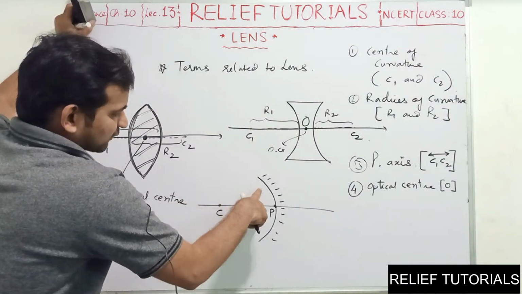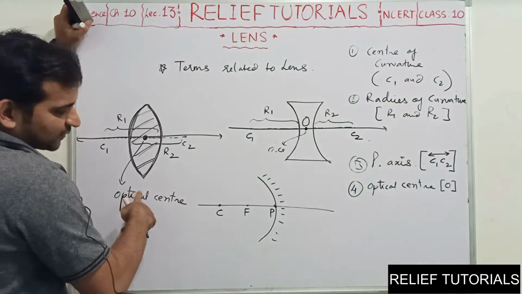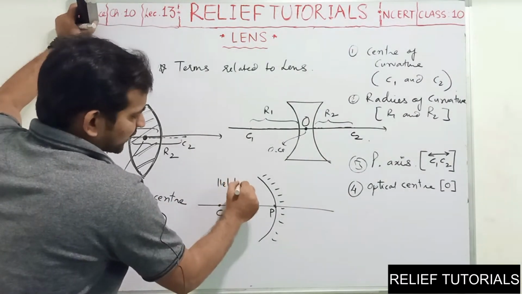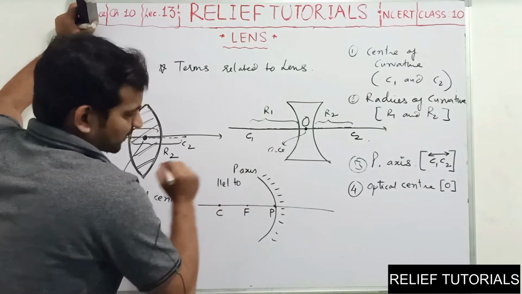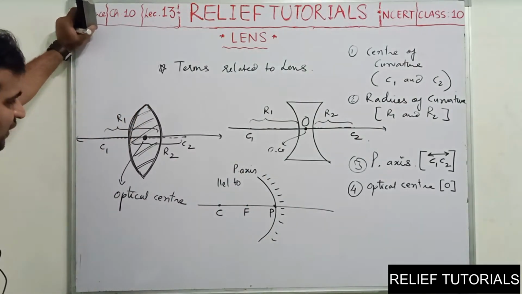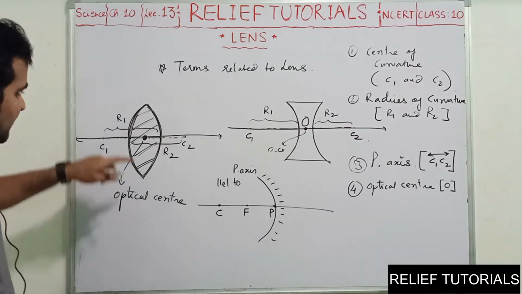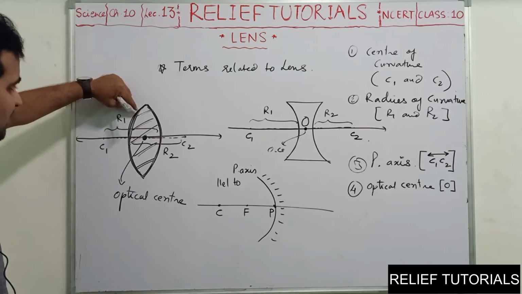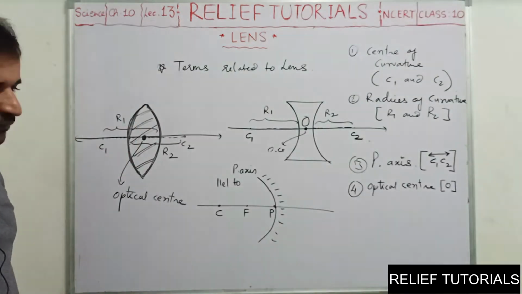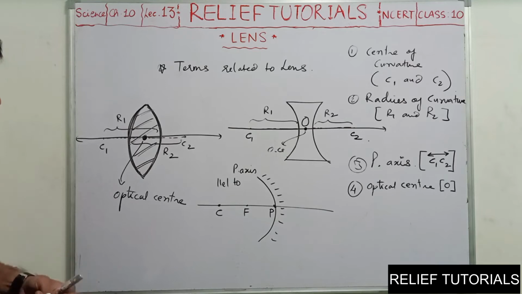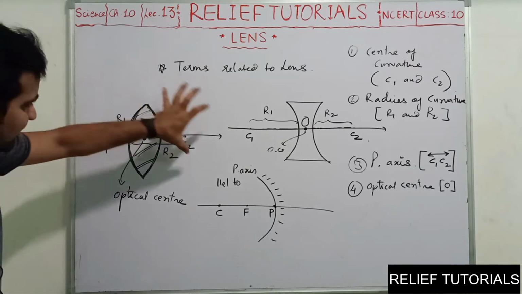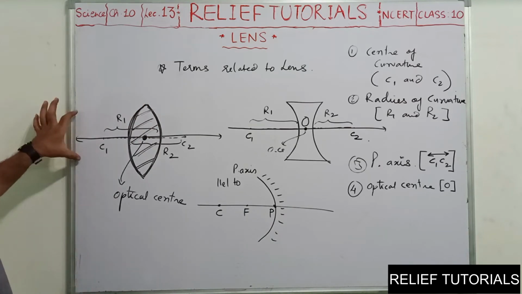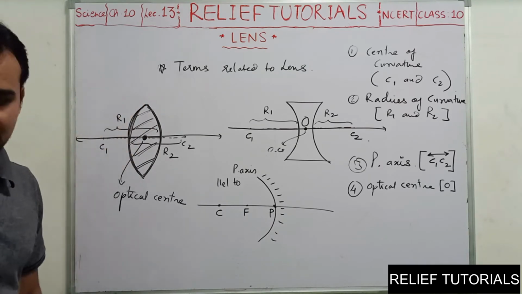So if you place any object at infinite distance, the rays coming from that object are always considered parallel to principal axis. So the same logic can be used here. But one thing is different, that here both these are refracting surfaces. So we can place the object on any one of the sides. So if you consider an object placed on any one of the sides at infinite distance, again we can consider the rays are coming parallel to principal axis.